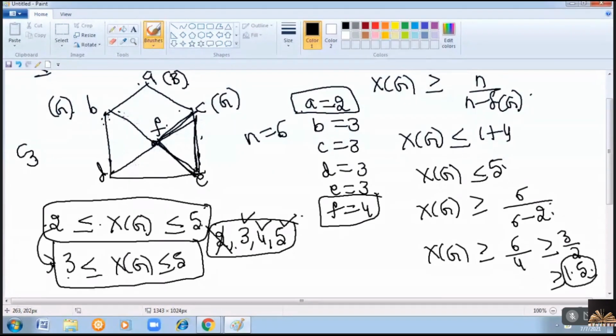Right? Let me check which color I can use to color the vertex D. You have to use some other color other than green, because it is adjacent. So you can use some color like yellow. Now, which color can I use for this? As it is adjacent to green and yellow, you have to use a red color. Clear? Now, which can be used for this F? As this F is adjacent to green and yellow.